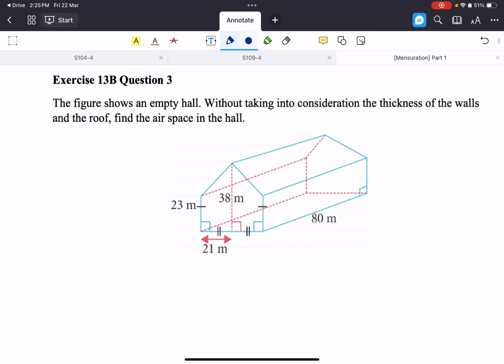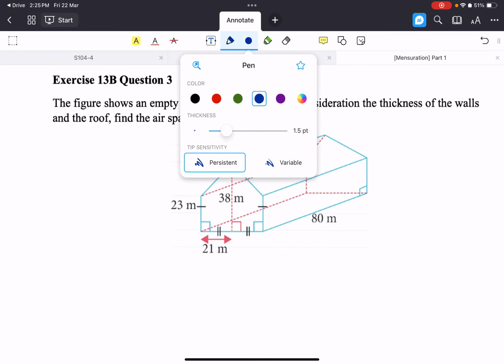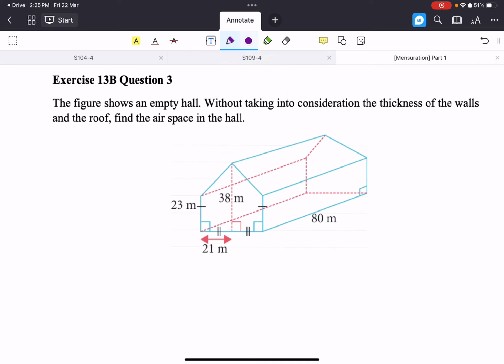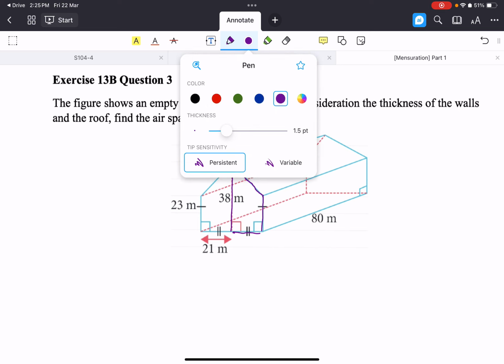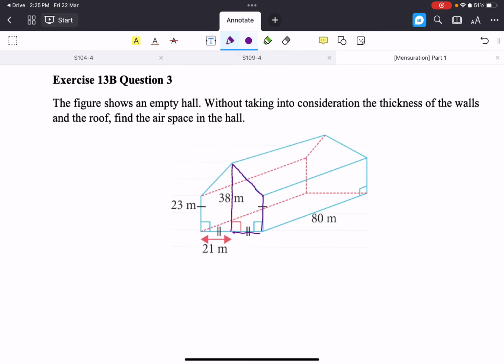Okay, so maybe I can highlight it for you. Maybe I should use purple, right? Can you see that actually this is a nice little trapezium over here, right? Let me make the pen a bit thicker so it's more obvious. There we go, right? So we have this trapezium over here, and twice of it will give us